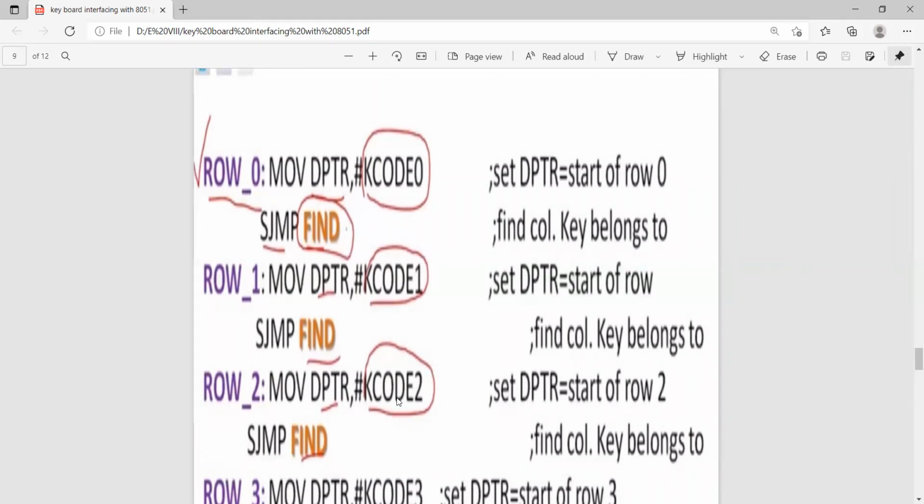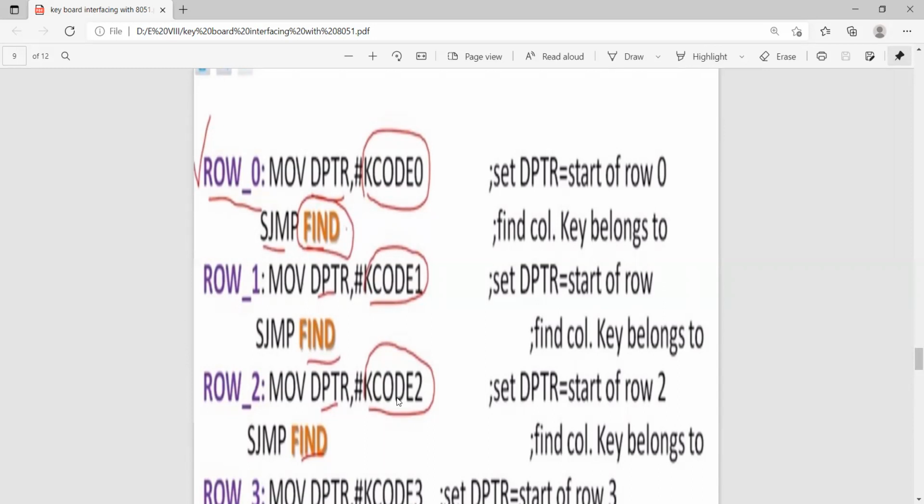Whether the pressed key is the 10th key, what is its corresponding code? Whether it is in the first row or second row, third row, fourth row, here the rows are named 0, 1, 2, 3. In the zeroth row, we have only 0, 1, 2, 3 as the codes.